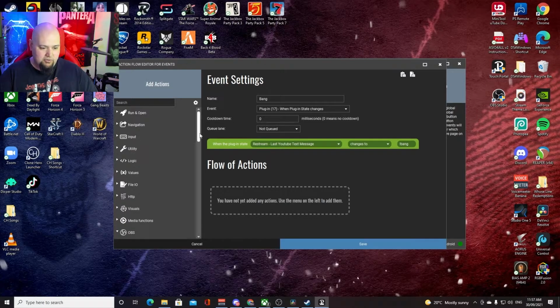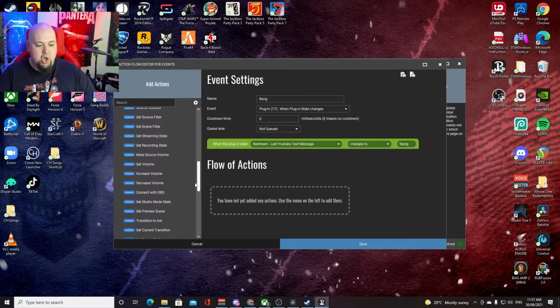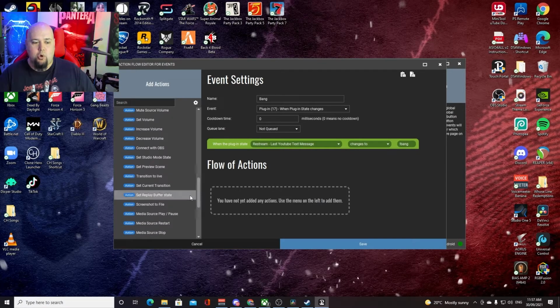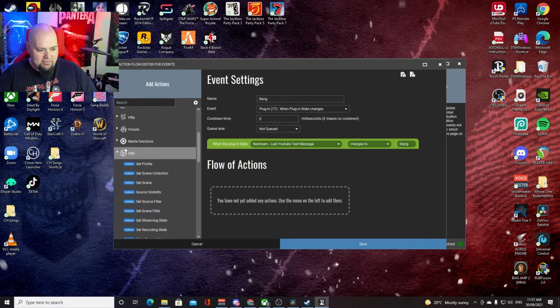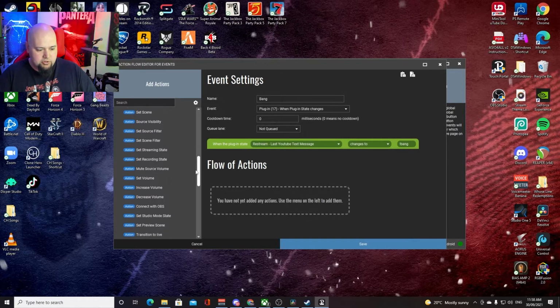we then need to tell the flow of actions. Now the flow of actions is what OBS is supposed to do, or what the computer is meant to do, or what is meant to happen when someone does something using the text into YouTube, which then gets sent to Restream. We need to go to our side menu here, find the OBS drop down menu,